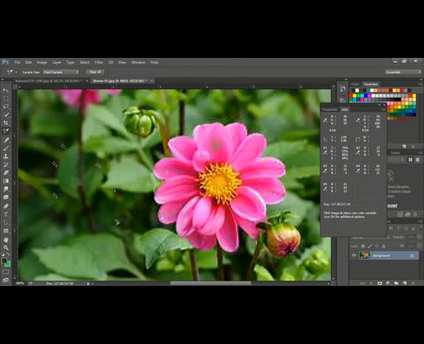So I hope you got some idea about the eyedropper and color sampler. Eyedropper is used to select a color from an image. You can select the color from a particular point when you keep it in point sample, or if you want to take the average of nearby colors, you can select whichever average you want: 5 by 5, 11 by 11, 31 by 31, 51 by 51, 101 by 101.